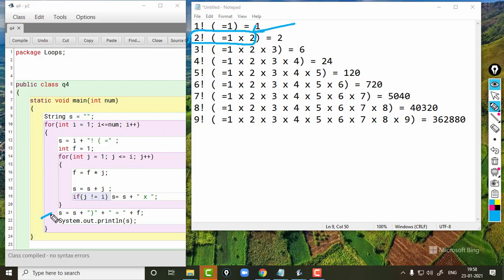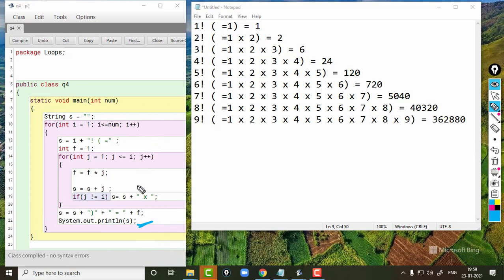Once we are outside the inner loop, we need to concatenate a closing parenthesis, an equal to sign, and the value of f, that is the factorial. Then we print the value of s.